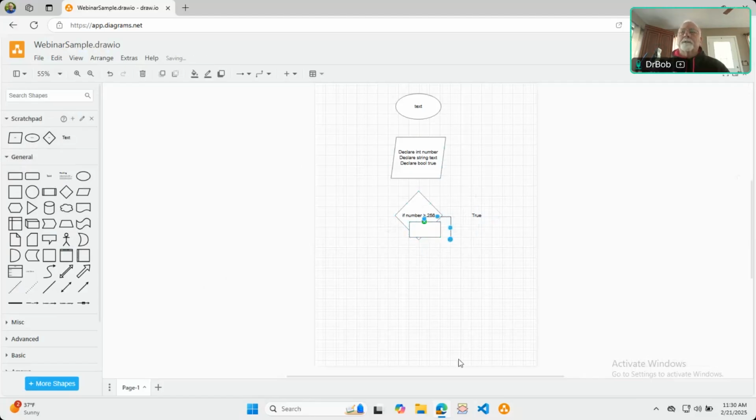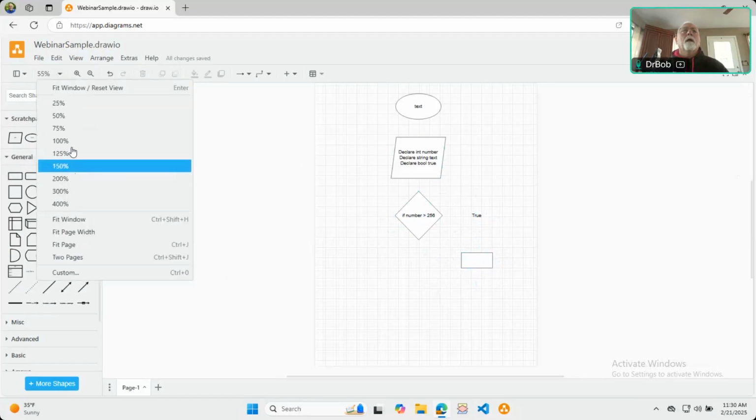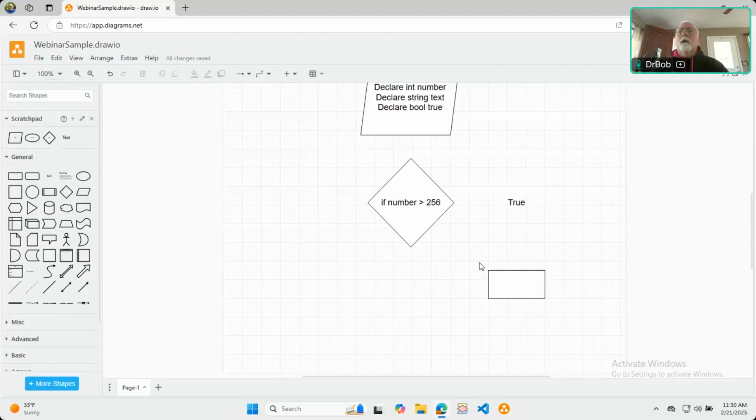Take a rectangle box. Keep grabbing it by the corners. That rectangle box over here someplace. We'll make it bigger. Then we'll put stuff in it. We get to 100%. If you can't get to it,